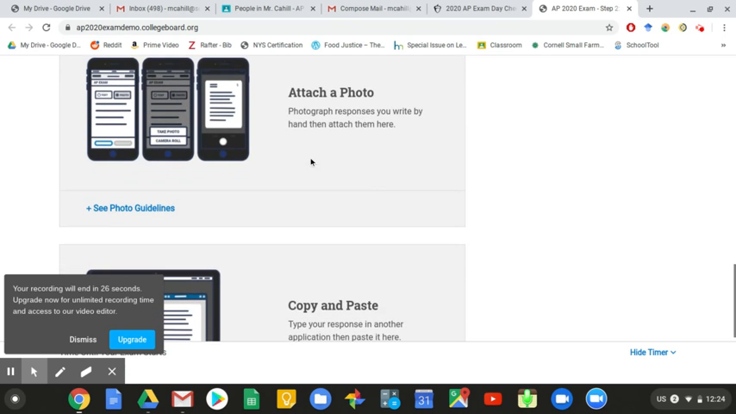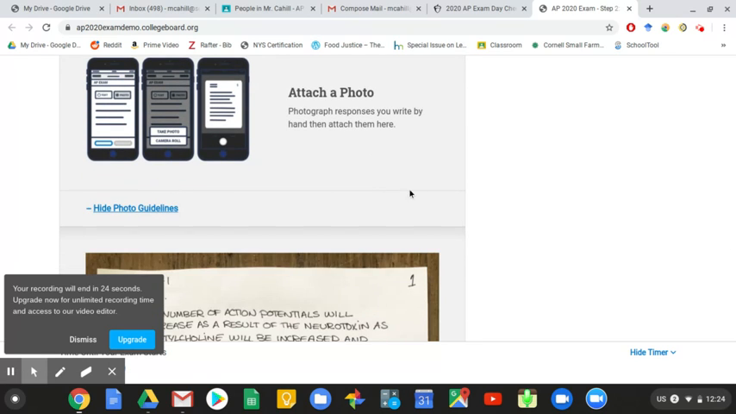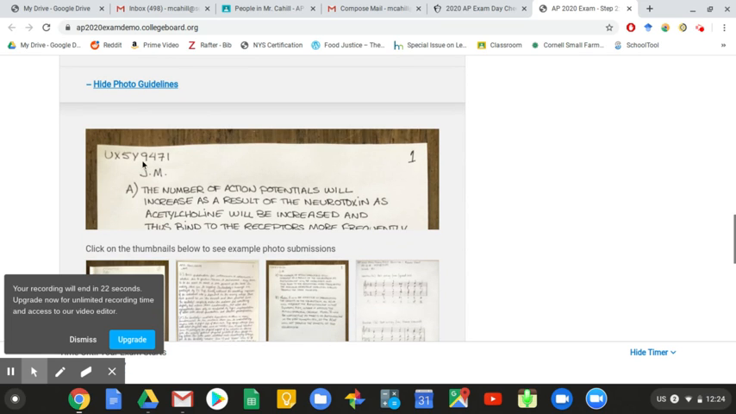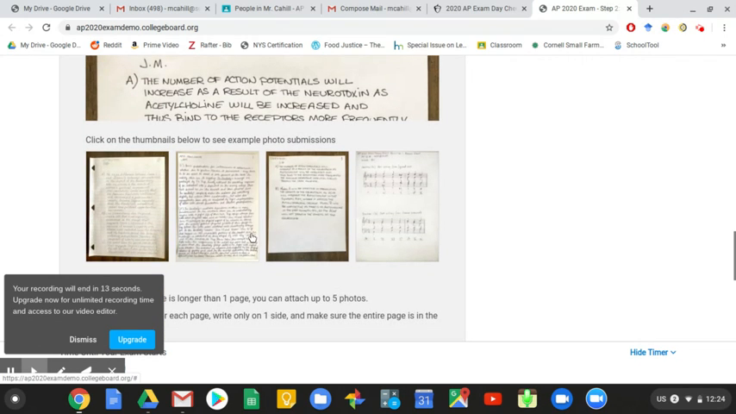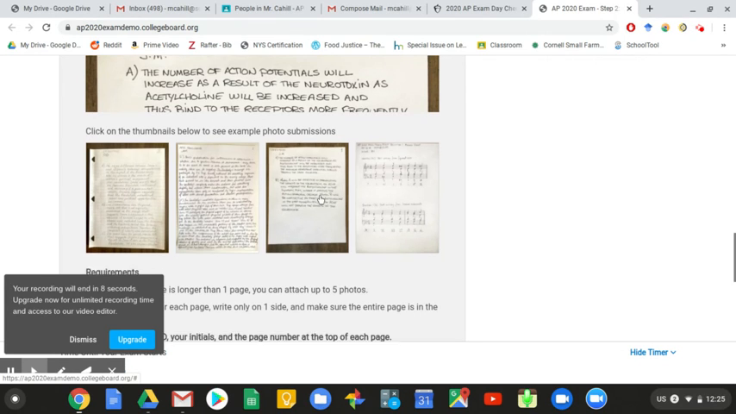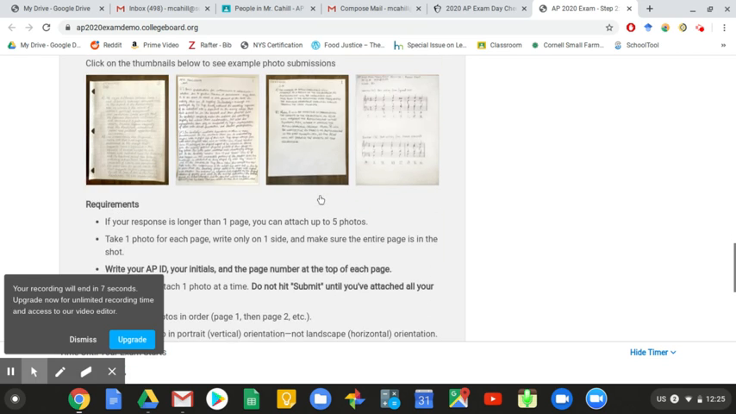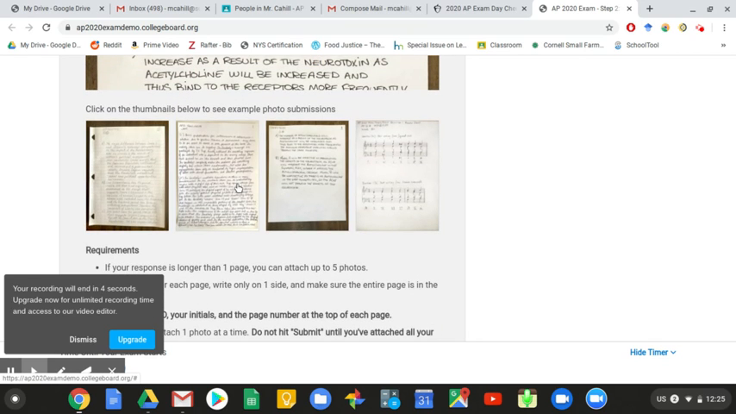And again, here with the photo, if you're going to take a picture of it, so you're going to write it out, you're going to write your AP ID at the top here, your initials, and then the page number, and then you're going to take pictures of it and then submit them in the order that they are. So if you have 3 pages, you're going to submit page 1, then page 2, then page 3. Again, definitely practice before this if you plan on doing this. So you're going to have to either take a picture of it with your phone and then upload